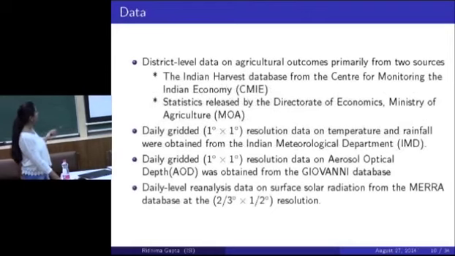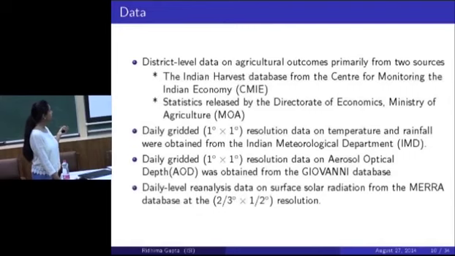District level data on agricultural outcomes was primarily from two sources: the CMIE database, Center for Monitoring the Indian Economy, and statistics released by the Ministry of Agriculture. Daily gridded data on temperature and rainfall was obtained from IMD. When I say 1 degree by 1 degree grid, I'm referring to an area approximately 111 kilometers by 111 kilometers. And daily gridded resolution data on the AOD, aerosol optical depth, was obtained from the